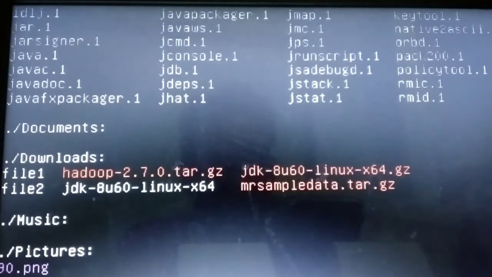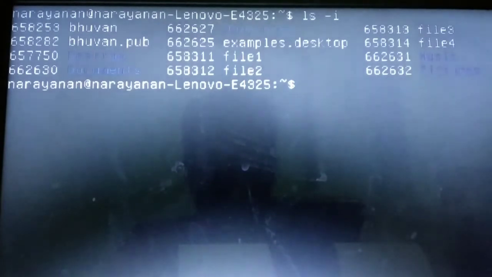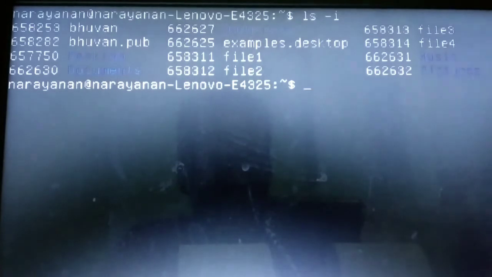This is the concept of ls space hyphen capital R. Next command is to display the file inode number using ls space hyphen small i. Using inode number, you can remove files that has special characters in its name. This is the idea of ls space hyphen i.